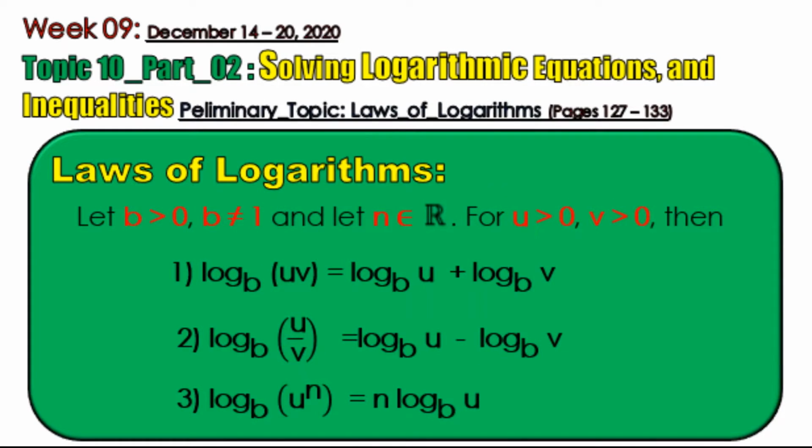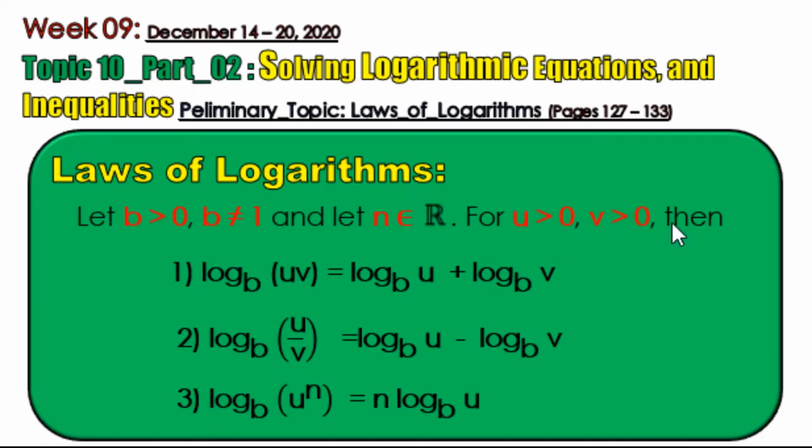So let us start with the laws of logarithms. Let b be greater than 0, which means b is a positive number, but b is not equal to positive 1. And let n be an element of the real numbers. We also have u and v greater than 0, which means u and v are positive